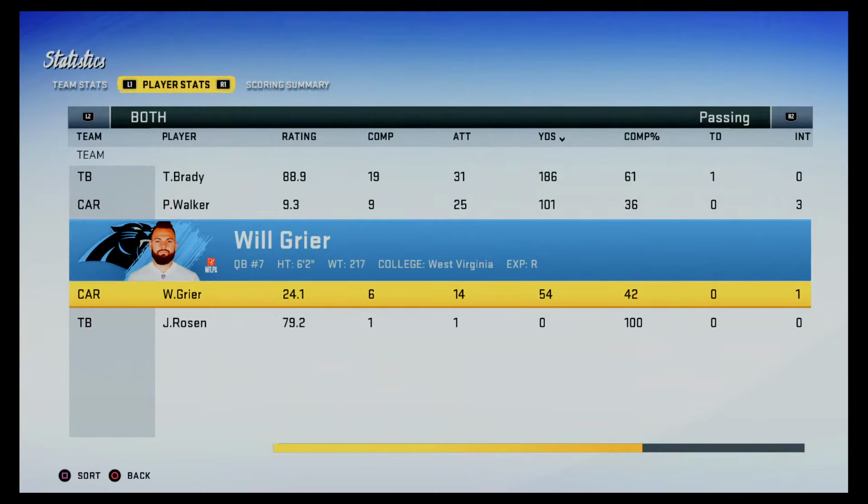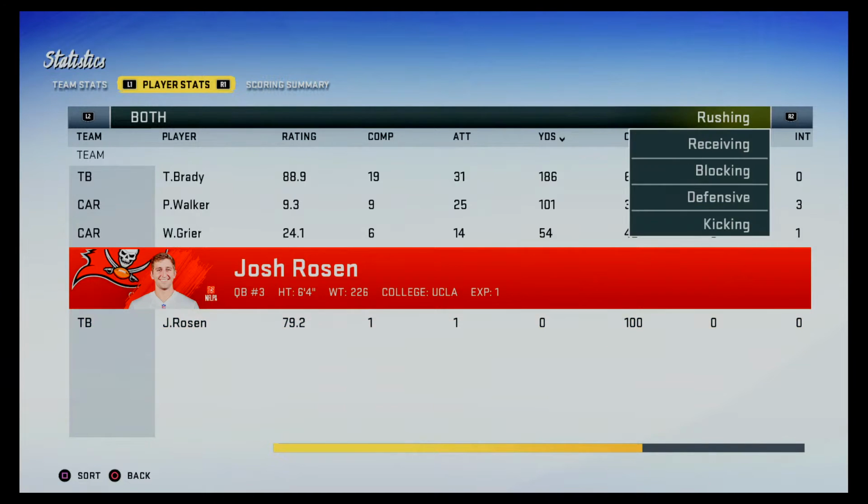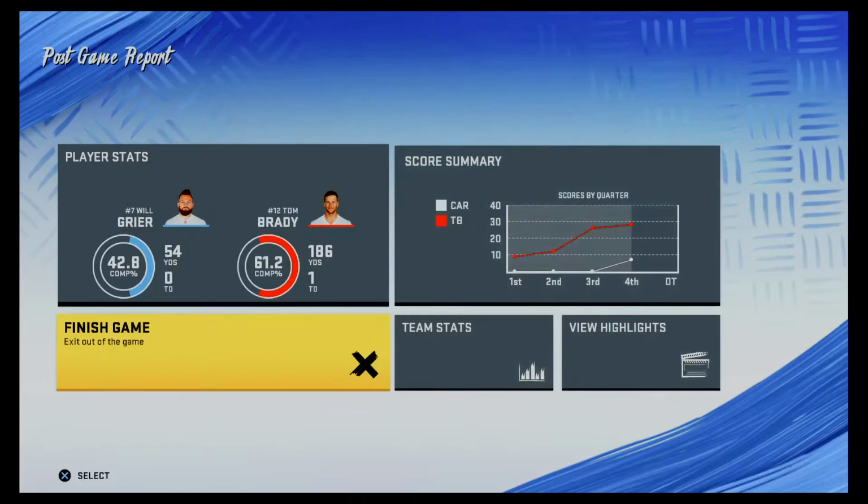So for the Bucs, they climb back to 500 now at 3 up and 3 down. And now it's off to Heathrow as they get set to fly back to the U.S. in a couple hours. Meanwhile, for Carolina, the